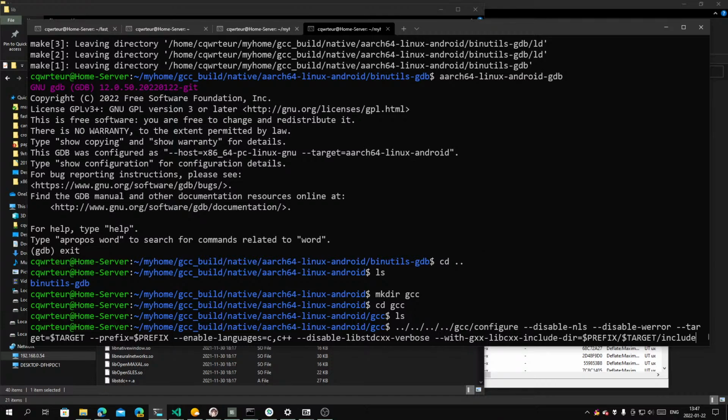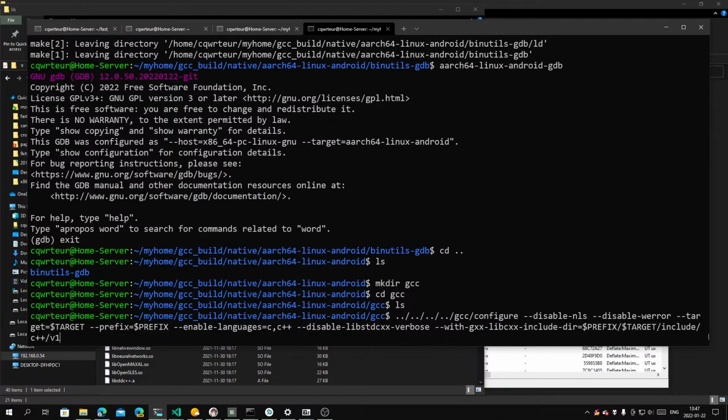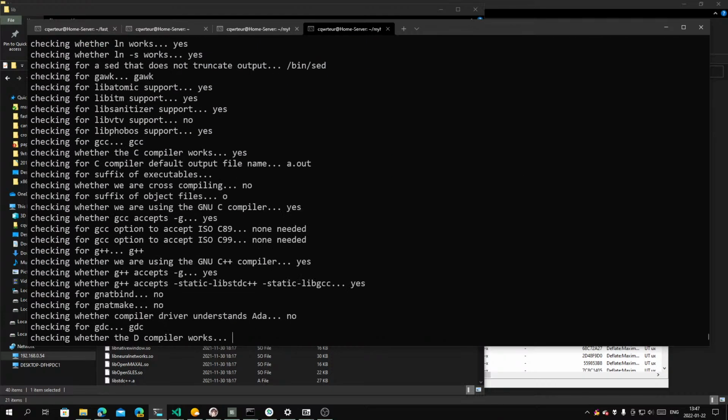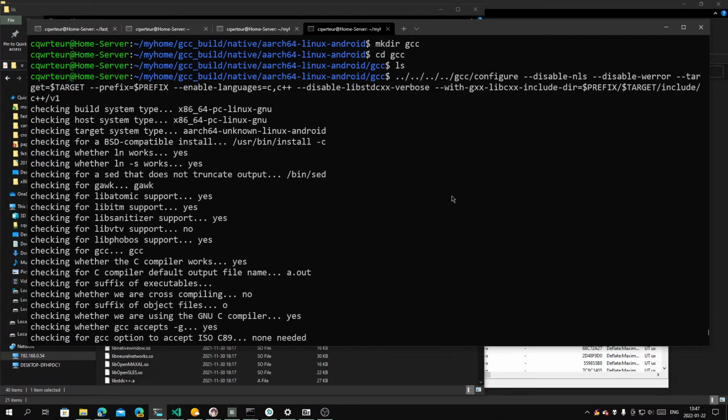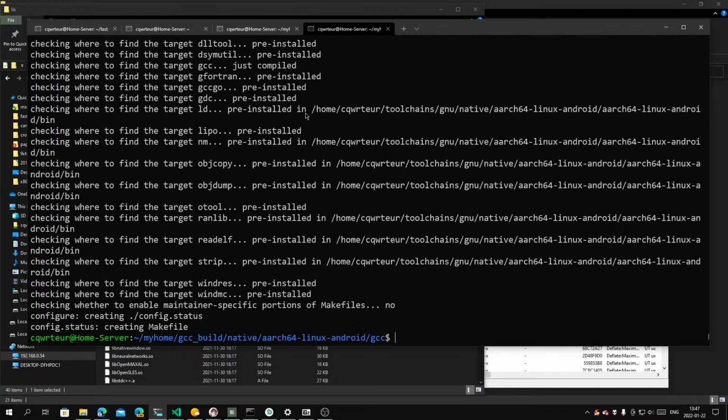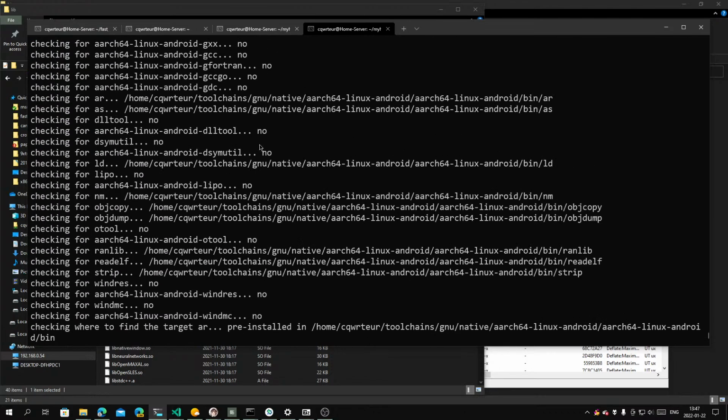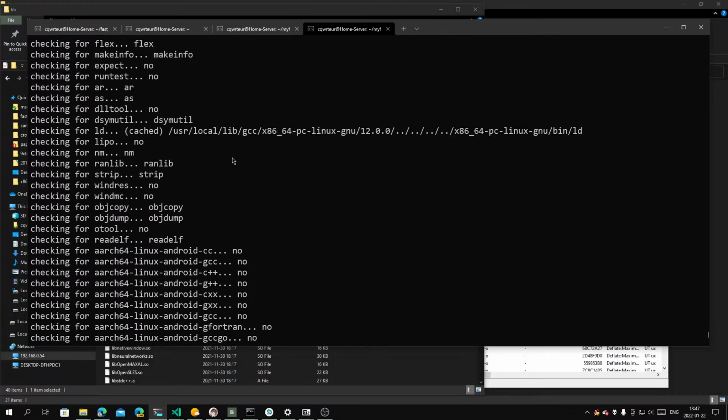Yeah, we put include C++ v1 here. Yeah, it finds our new linker here, but we